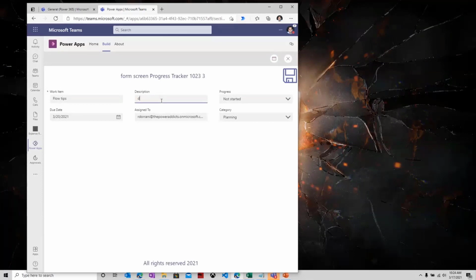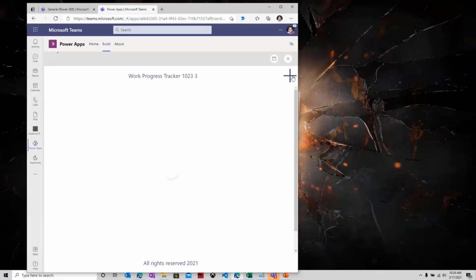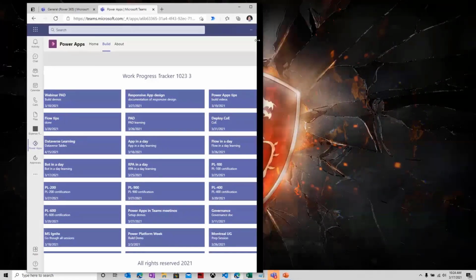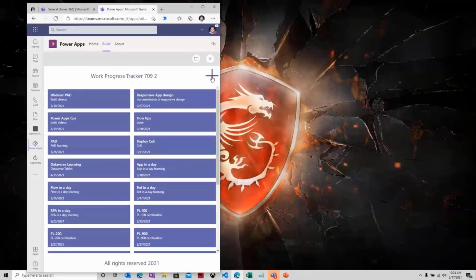Let's say I change the description to done. I click save. It will post my data and redirect me back to my screen. And here is the description that is changed to done. So it's actually submitted that data to my data source as well. Let's say it's more responsive. The user is probably accessing this on a widescreen mobile device.